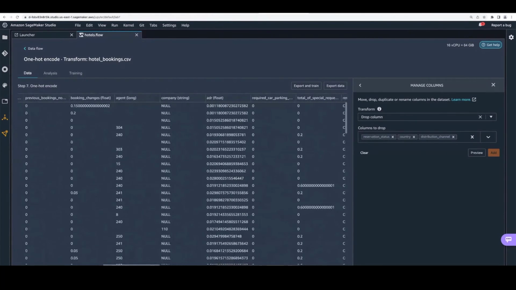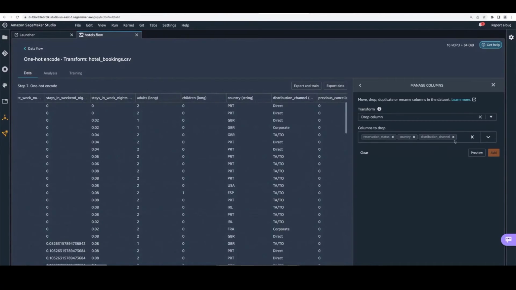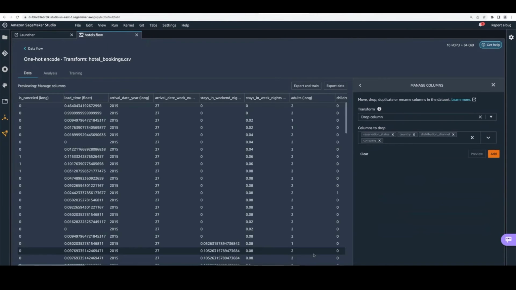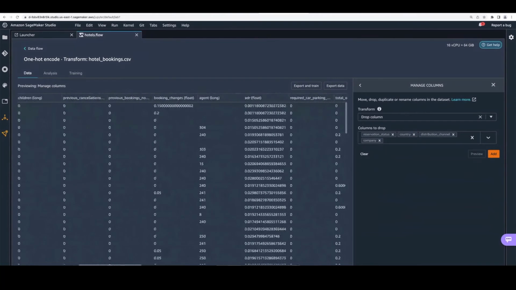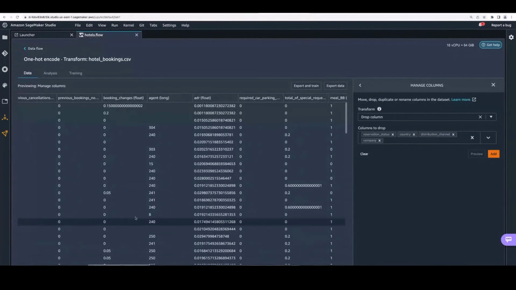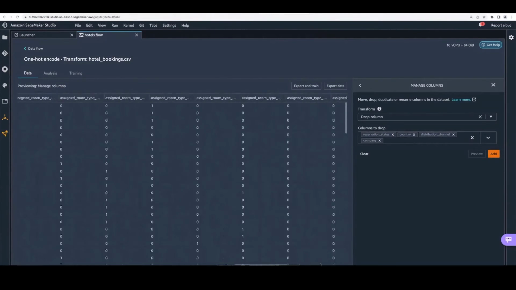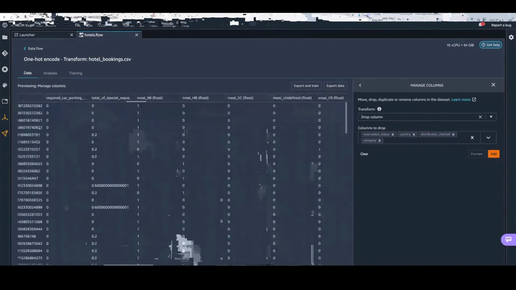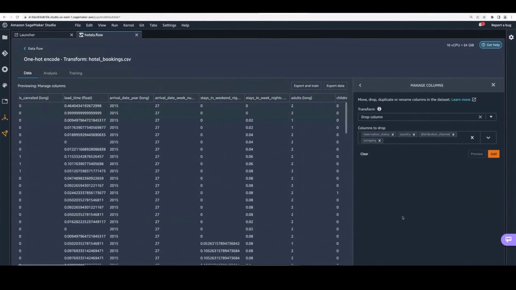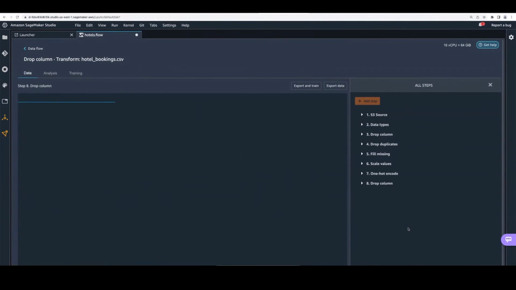Company, yeah, let's drop company. It's quite empty, and I think we should be in good shape after that. Preview. Agent looks like a categorical value, even though it's numeric. But this makes our data set look quite ready for consumption by a very simple logistic regression algorithm. So I'm going to click add,